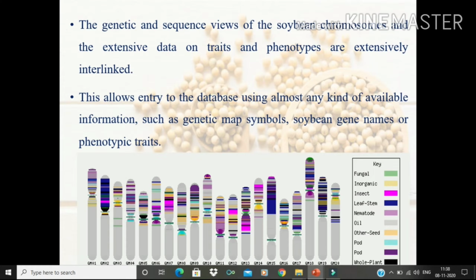The genetic and sequence views of the soybean chromosome and the extensive data on traits and phenotypes are extensively interlinked, which allows entry to the database using almost any kind of available information, such as genetic map symbols, soybean gene names, or phenotypic traits.